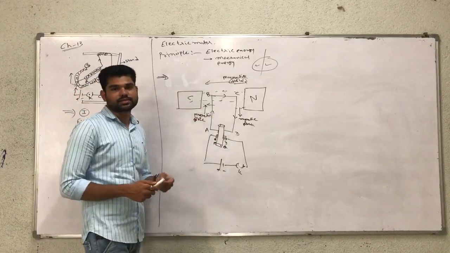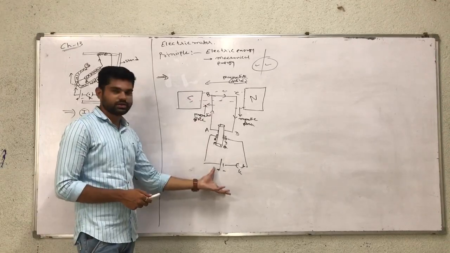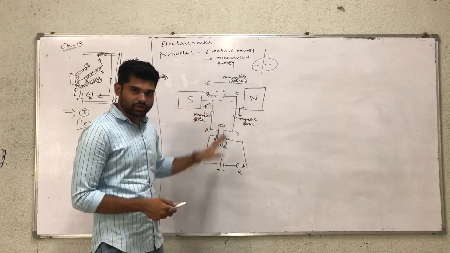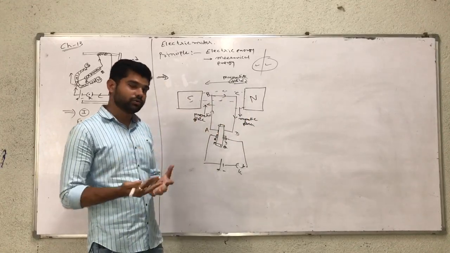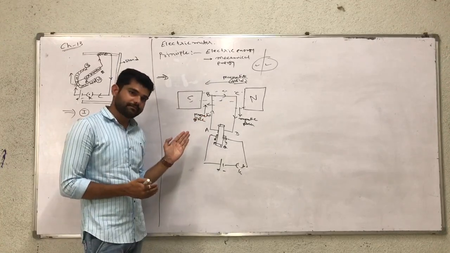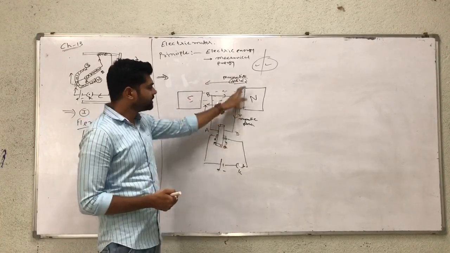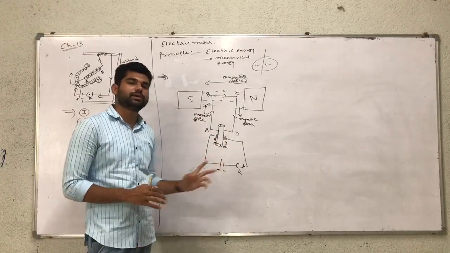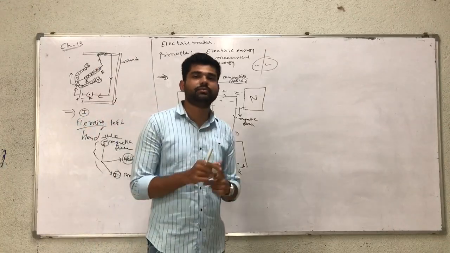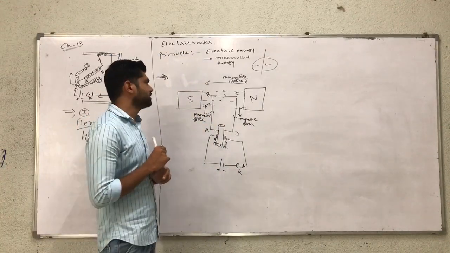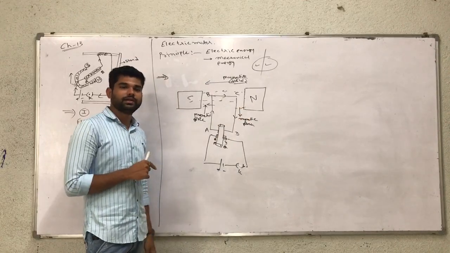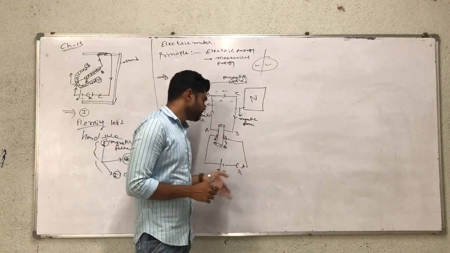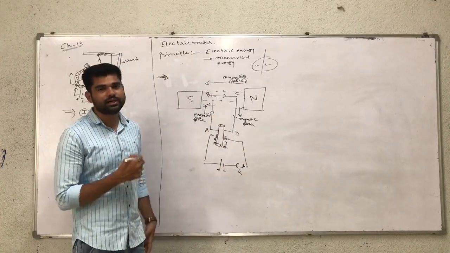Now, working and construction. Construction means how to construct it: battery, key, split ring, X and Y brushes, and the S pole, and our whole diagram is the construction. Working means how it works. First, force is applied on side AB upward and on side CD downward. BC and AD have no force acting because both are parallel. The electric current and magnetic field are parallel to each other. And the direction of the magnetic field is N to S, which is fixed and does not change. So understand what happened and how it works.